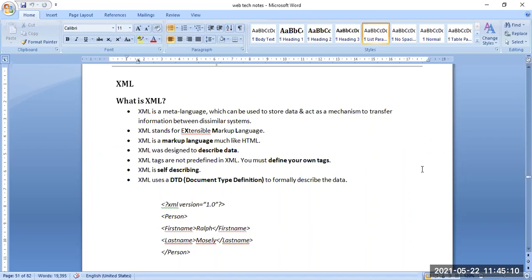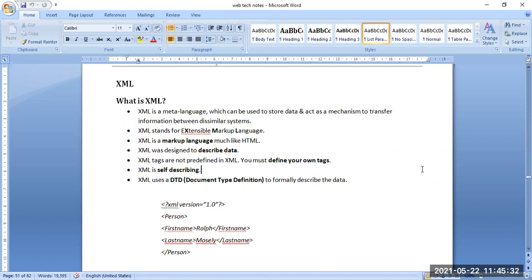The full form of XML, as we said already, is extensible markup language. It is just like HTML, which we discussed earlier. It was designed to describe data, and tags are not predefined in XML. We have to define our own tags.